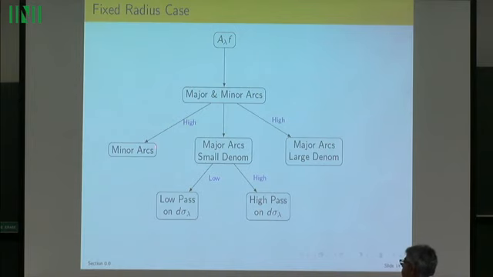The minor arcs is going to be high. The major arcs is where the multiplier, where A lambda is most structured. It is going to have fractional denominators. It's going to have fractions in it. If the fractions have a large denominator, it's going to be high frequency. Which means that you'll have the major arcs where things are rather structured, but you have a small denominator, and then you need to do a further Fourier splitting into low and high.